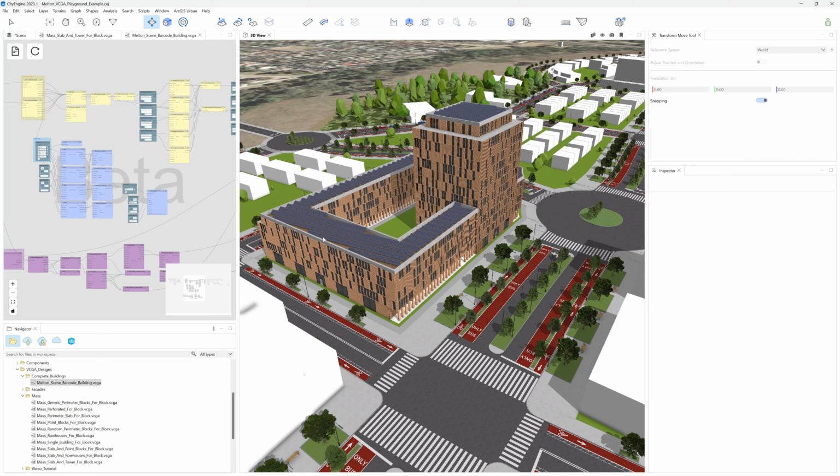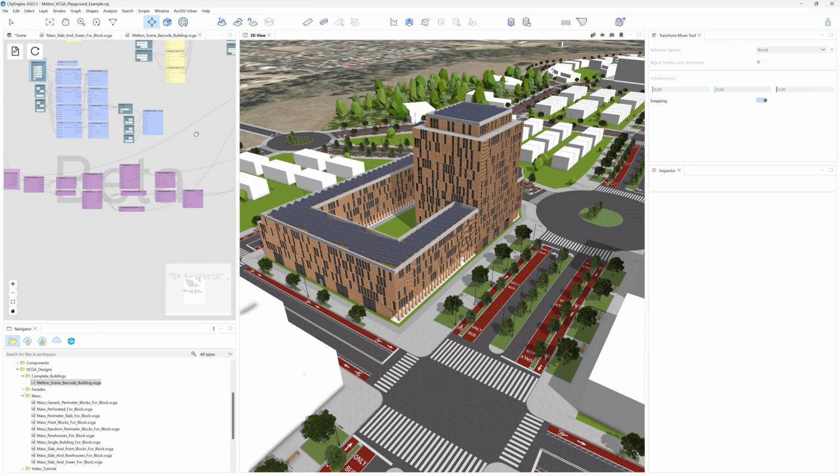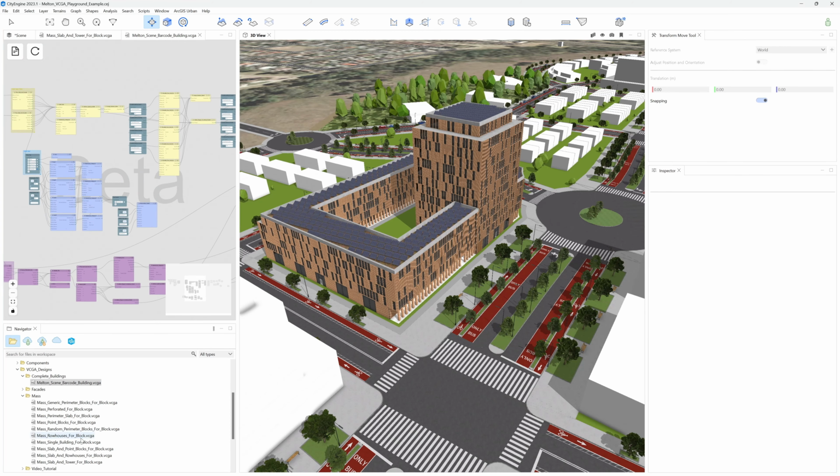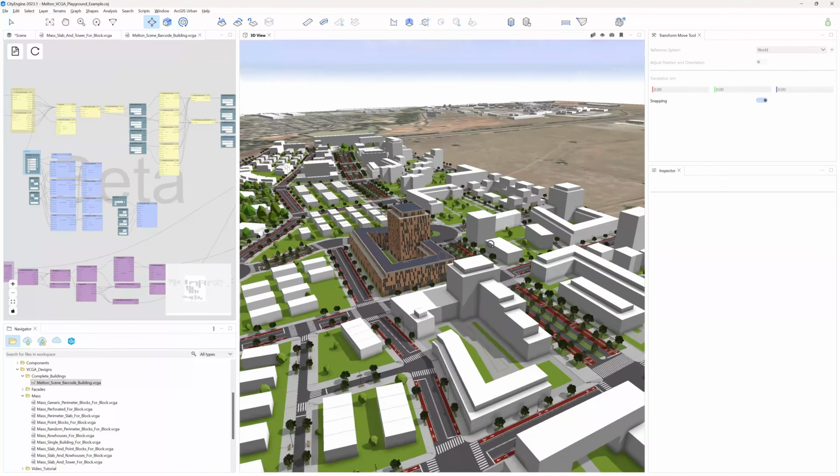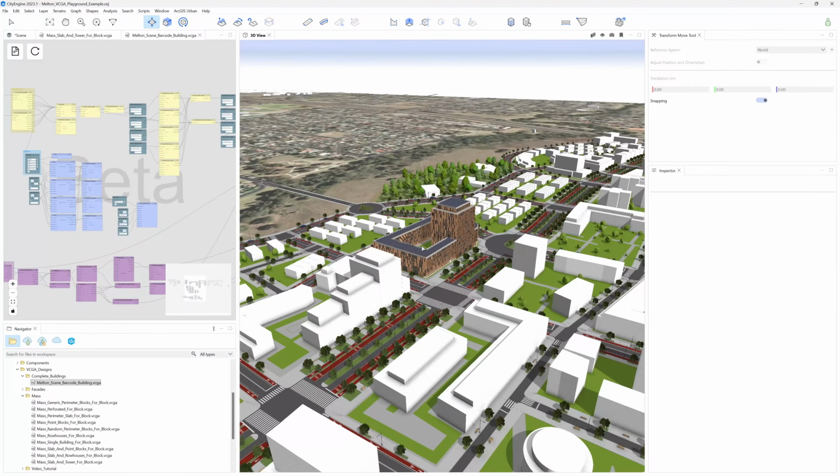And don't forget that this is also a beta. This is a beta version, so expect the whole catalog of massing rules and facades to grow in time, and you will get many more possibilities to customize your